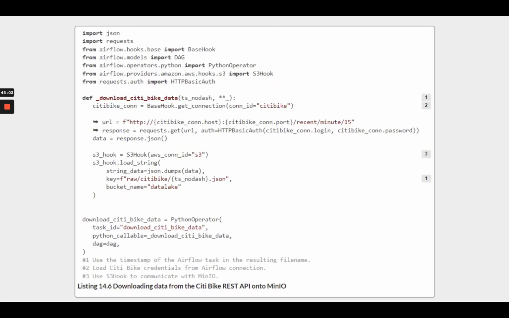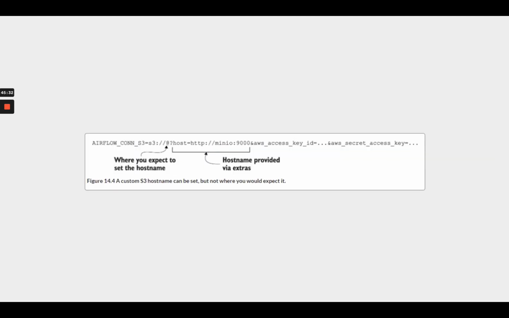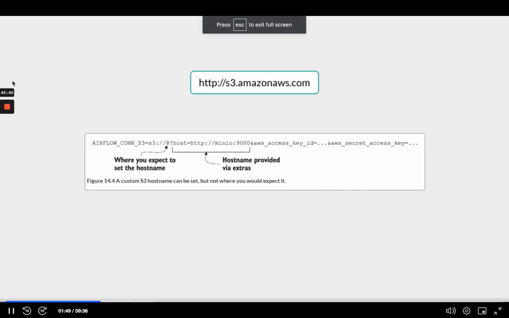Let's see how to query the Citybike API and store the output on the min.io object storage. We have no Airflow operator to use for this specific HTTP to S3 operation, but we can apply Airflow hooks and connections. First, we must connect to the Citybike API using the Python requests library and min.io storage using the S3 hook. Since both require credentials to authenticate, we will store these in Airflow to be loaded at runtime. By default, the S3 hook communicates with AWS S3 here. Since we're running min.io on a different address, we must provide this address in the connection